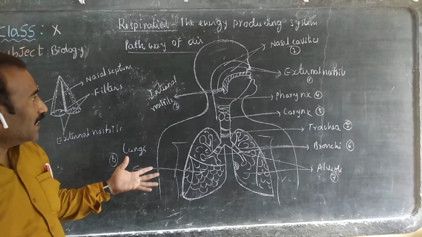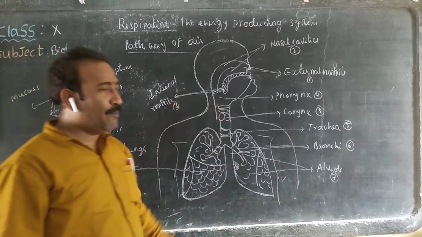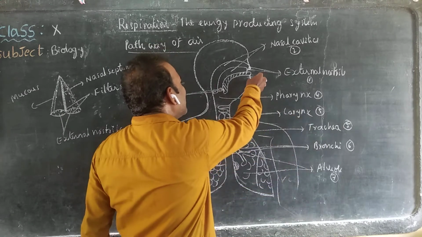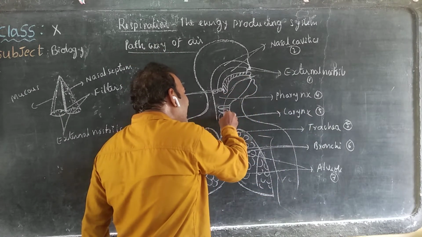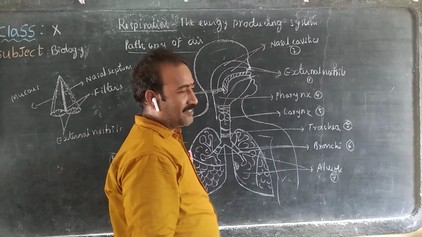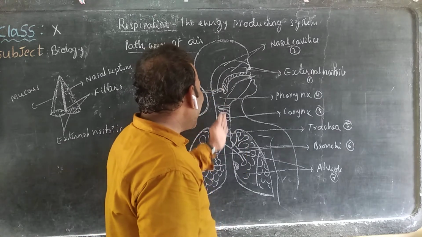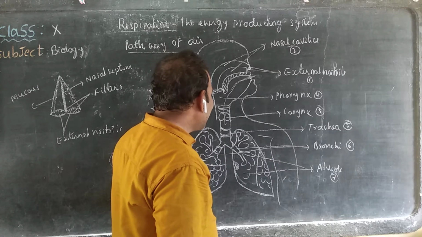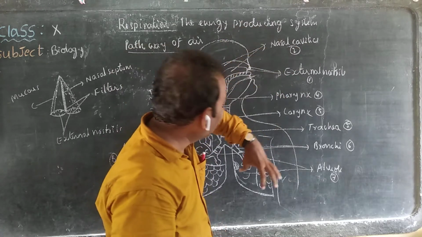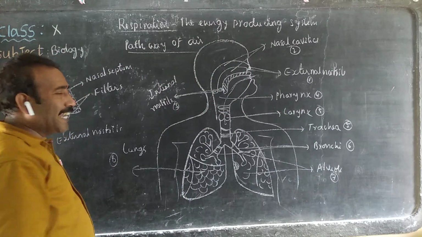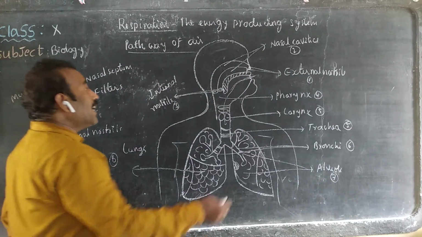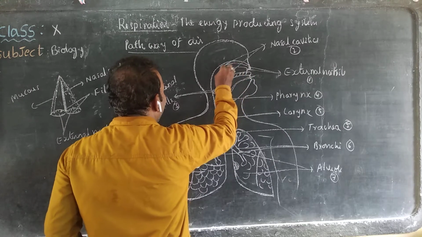Some people have the habit of oral breathing, so they breathe through the mouth and oral cavity into the trachea. That's why dry air reaches the lungs directly, and while leaving the lungs it carries some moisture. The lungs become dry, and then we get hiccups. Instead, if we breathe through the nasal cavities,